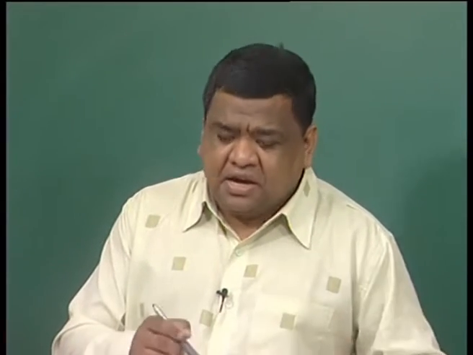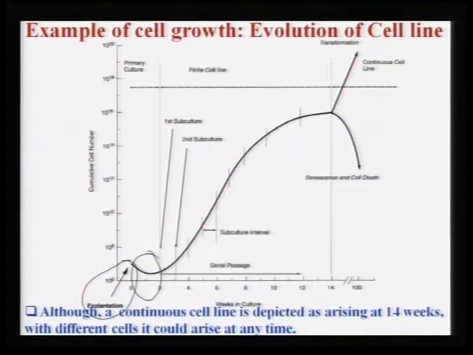Primary culture means initially you have to culture in a particular culture medium, maybe for 1 to 2 hours. Now, after 1 to 2 hours, then the cells will be cultured for several weeks, sorry, 1 to 2 weeks is the primary culture. Then after that you have to culture it for several weeks, up to 10 to 12 weeks, before the cells are ready for your use. Now, this stage is known as the subculture stage.